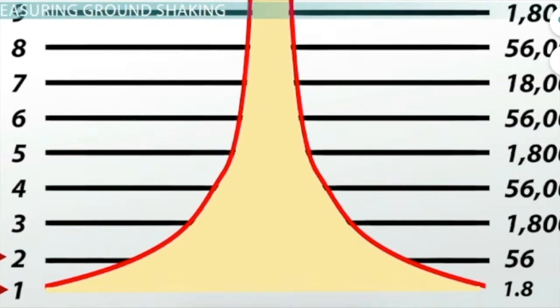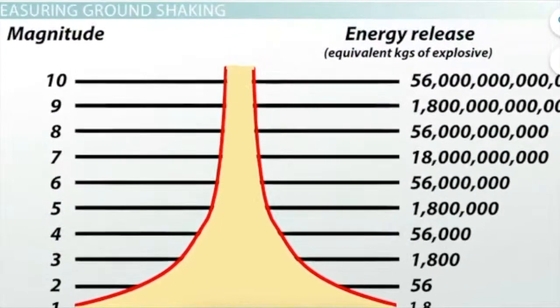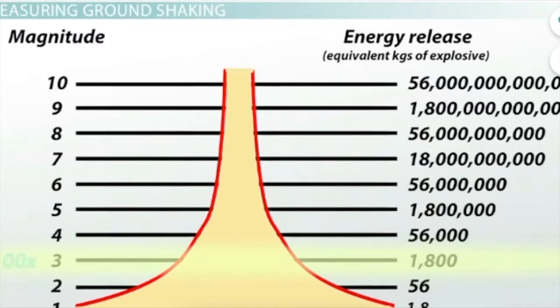Now let's compare our magnitude 1 and magnitude 3 quakes. The magnitude 3 quake is 2 steps up the Richter scale, so we have 32 times more energy for the first step, and then 32 times more energy than that up the second step. 32 times 32 gives us about 1,000 times the energy with just 2 steps up the scale. This is even more amazing when you compare this with the difference in ground shaking. A magnitude 3 earthquake has 100 times more ground shaking than a magnitude 1 quake, but about 1,000 times the energy. That's a big difference.